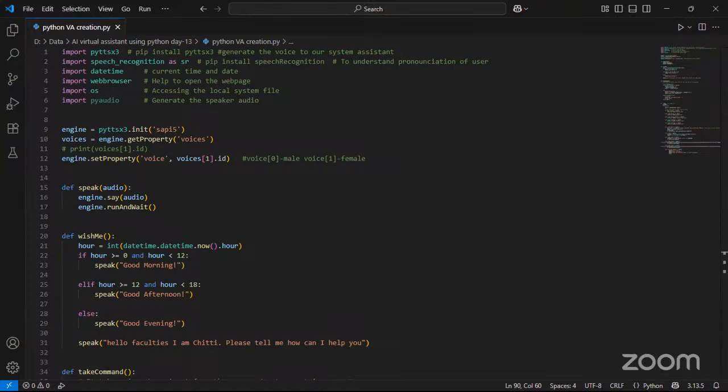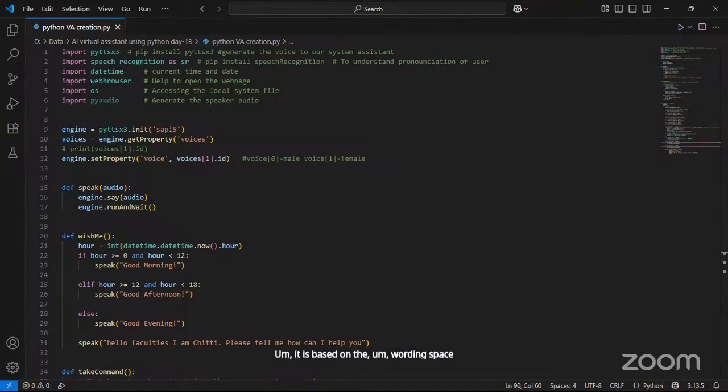VA is always listening to us, and the phone is always listening to us. Sure, I can understand what you are asking. We also listen to our words, the same as a mobile phone. Everything works based on our queries, and it does the particular work. Siri, Google Assistant, everything is based on the wording space.